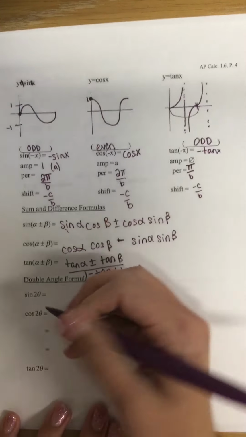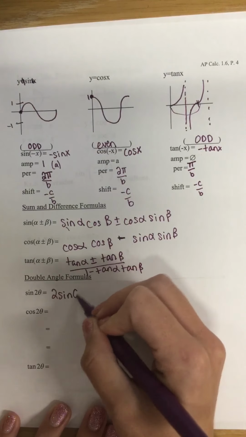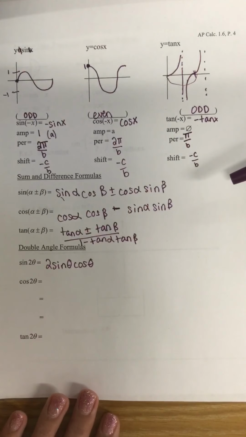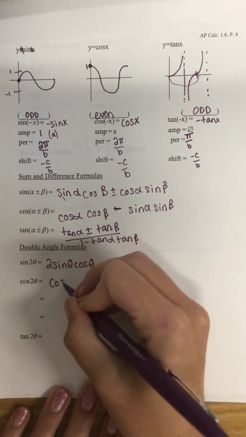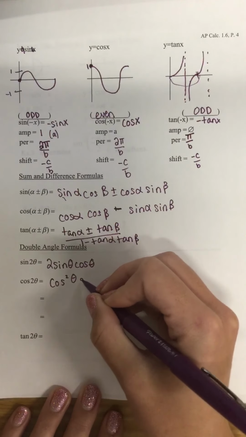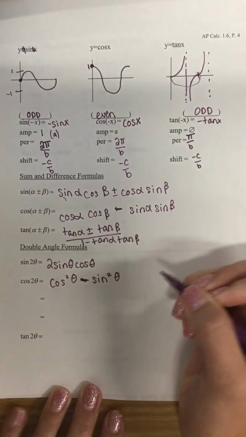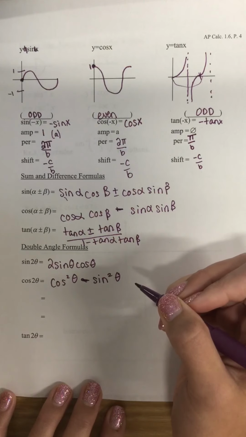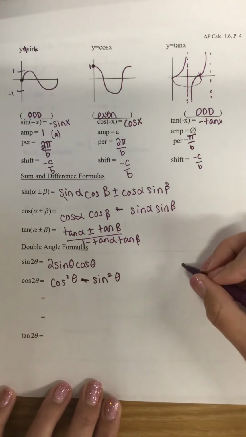And so we also have our double angle formulas. Sine of 2 theta is 2 sine theta cosine theta, which helps a lot with breaking things out. Cosine of 2 theta is cosine squared theta minus, that was a horrible minus, sorry, sine squared theta, which we could break down even further to 2 cosine squared minus 1, because sine squared, remember, this one maybe we need